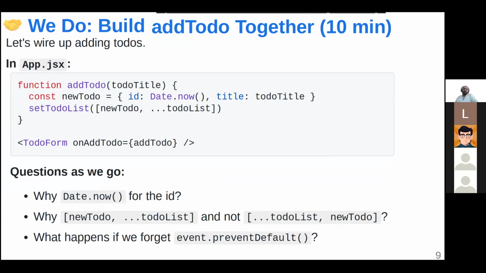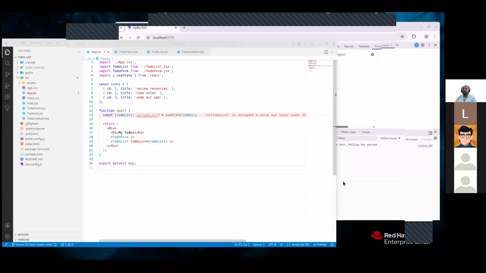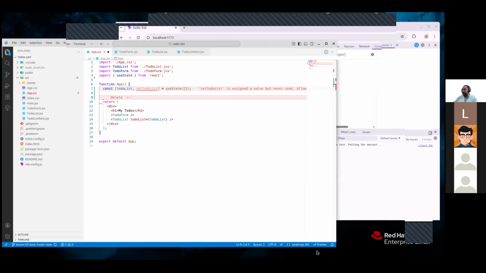So let's work on this together. I will end this so we can see our to-do list. I think in the assignment we have to use state. We assign an empty array, and here we will